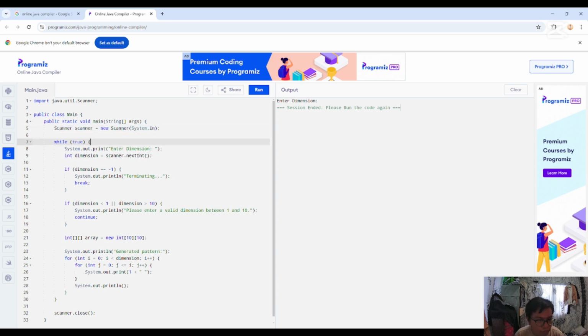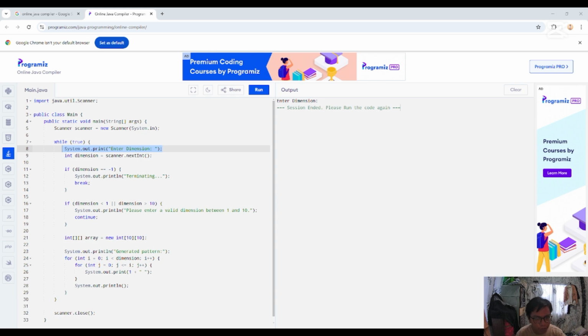And then while (true). This starts an infinite loop. The loop will continue running until a break statement is encountered. Then System.out.print("Enter dimension"). This prints a prompt on the console asking the user to input a dimension.